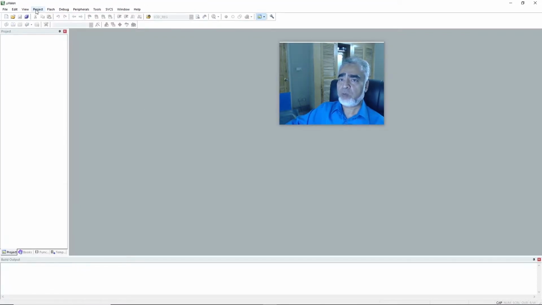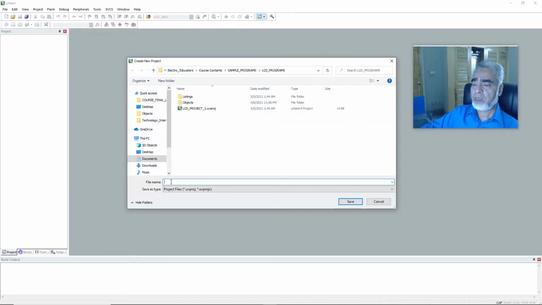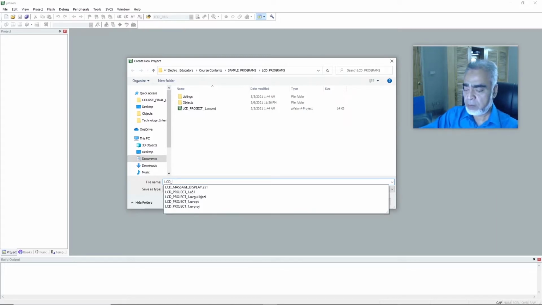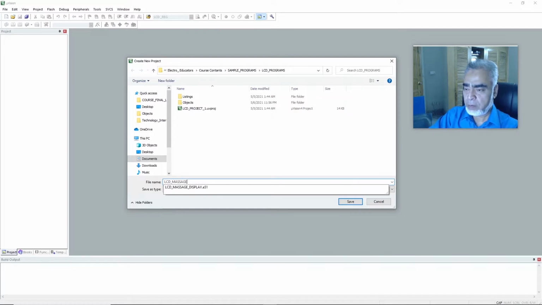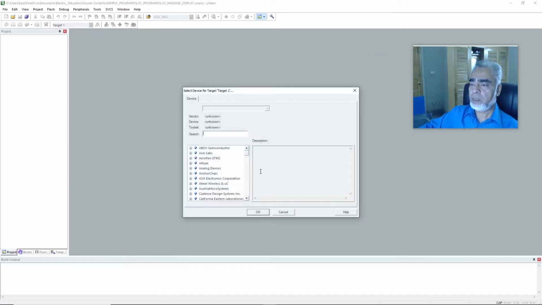We will open a new project, a new Microvision project. Here we will assign the name to our project, that is LCD message display. Okay, save. Now we select the microcontroller.